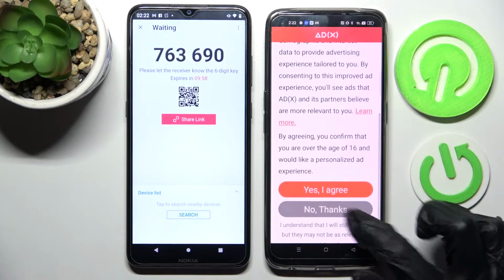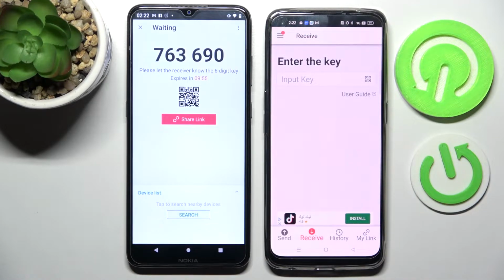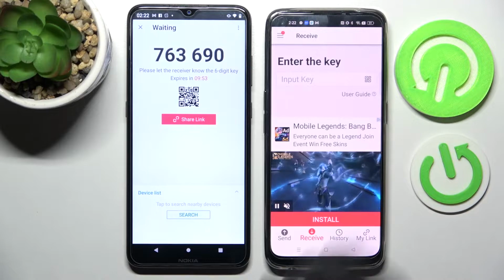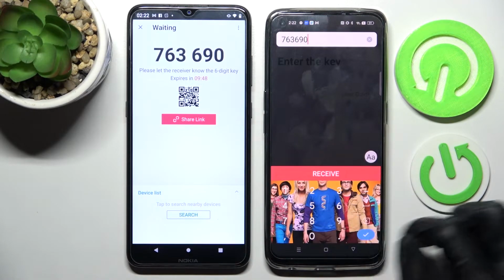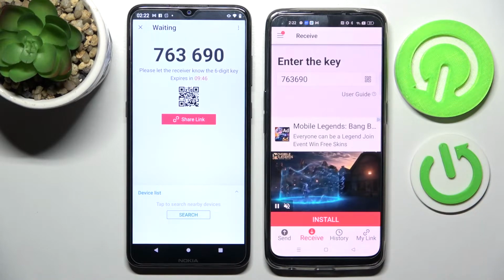Now on Realme, choose No Thanks and close this window. As you can see, after that we have two ways to connect. We can input this key over here and connect those smartphones by choosing Receive, but we can also scan this